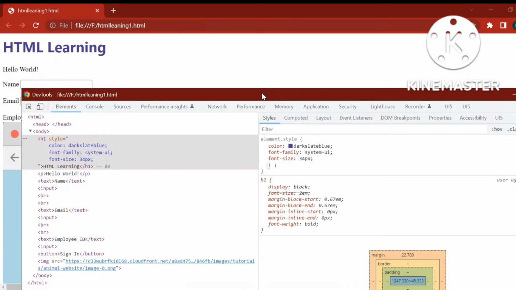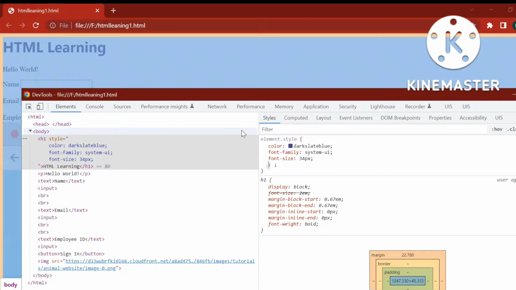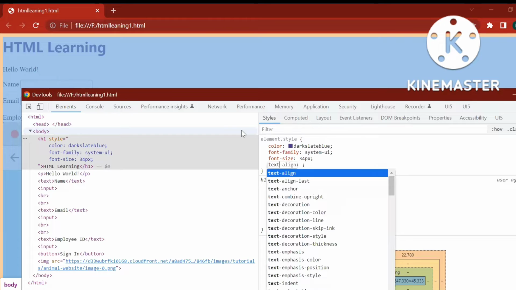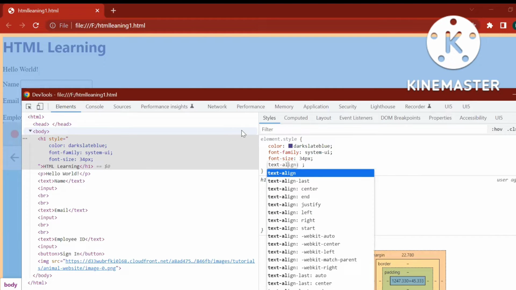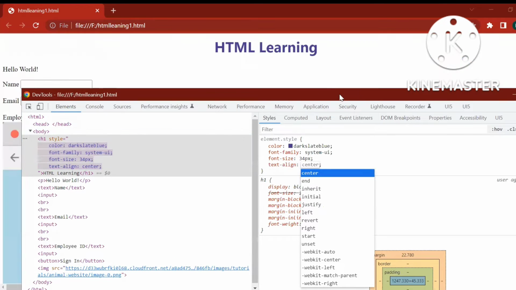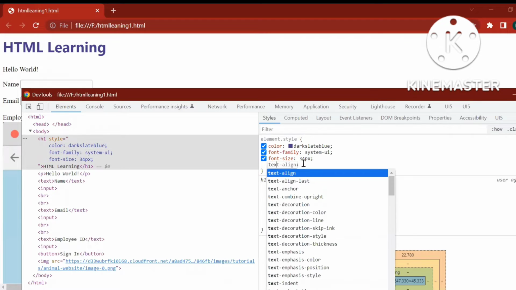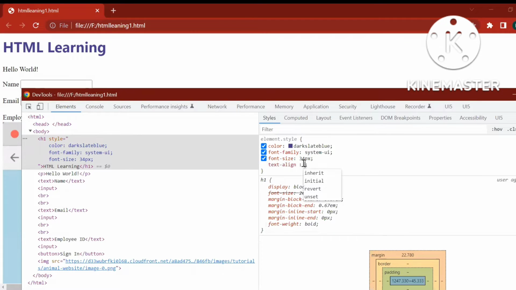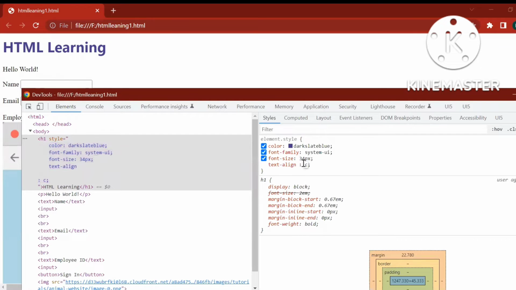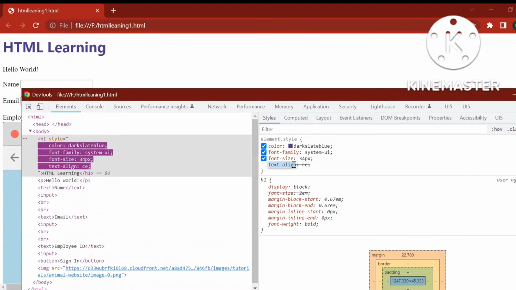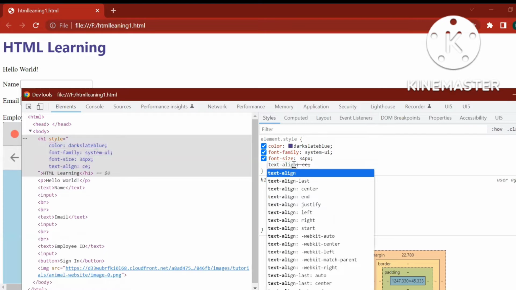Now, if you want to make this particular text at the center of the screen, that is called alignment. As this is a text, so text align. See, whenever you are typing, it is automatically giving you all the suggestions. You need not remember everything. Just type it, it will automatically give you a suggestion. Text align, I have given center. See, it becomes center, right? Again, give it text align, give it center. The spelling is wrong. Text align